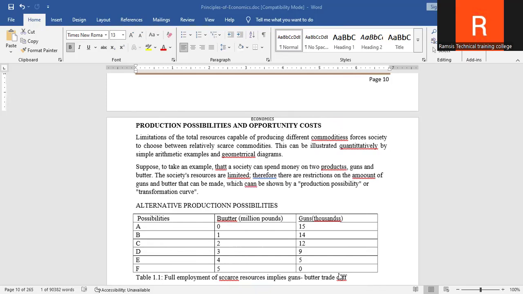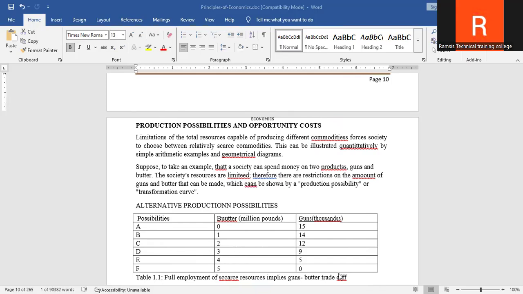Then something fun, or strange, is that there is importance of having scarcity of these resources. One of it is that it makes people work very hard. The other thing is that it stimulates the usage of available resources. That's why we are talking about what we call opportunity cost. Now, what is opportunity cost?